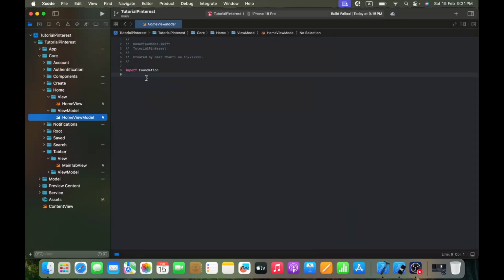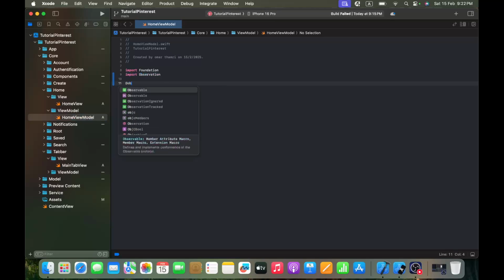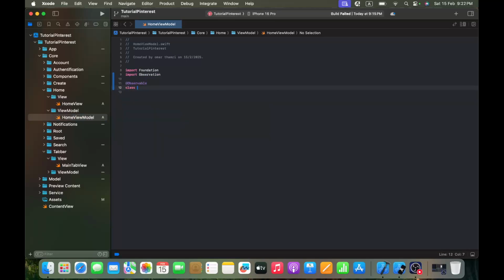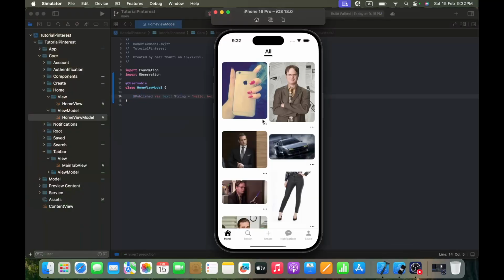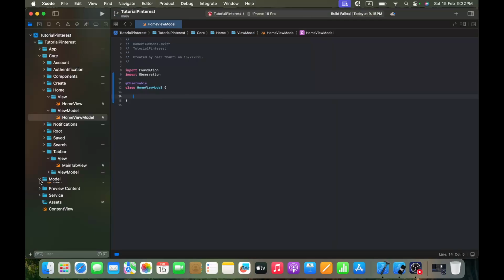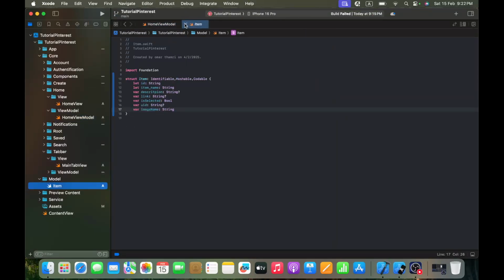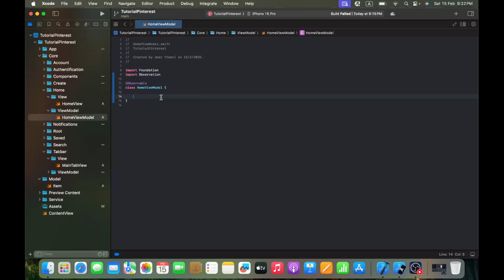Okay, and I'm going to start with my view model. We are going to import Observation, and here it will be an @Observable class HomeViewModel. As many of you will probably guess, as you can see, we got a number of items. So we are going to need an array of items, and we already created a model called Item before. So here we are going to have var items, and it will be an array of items,